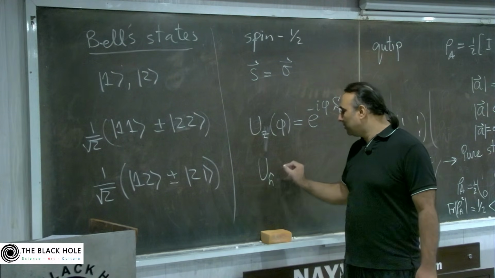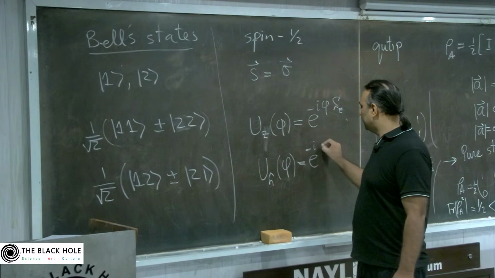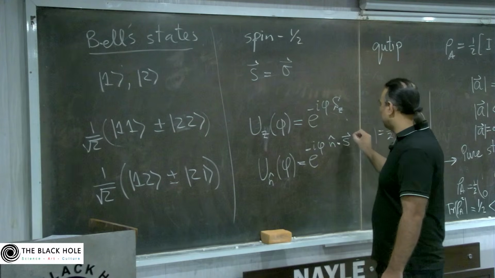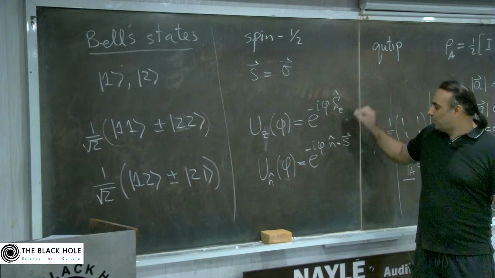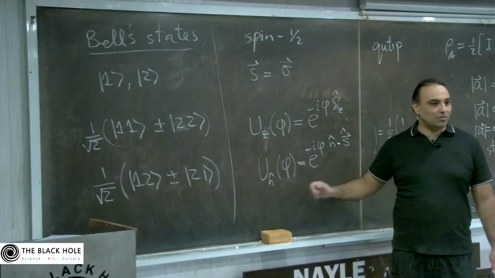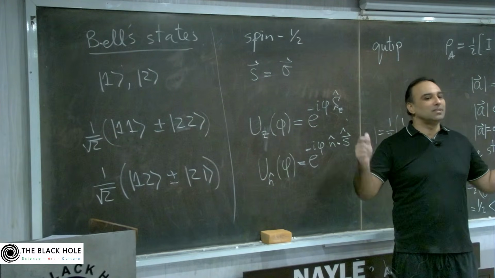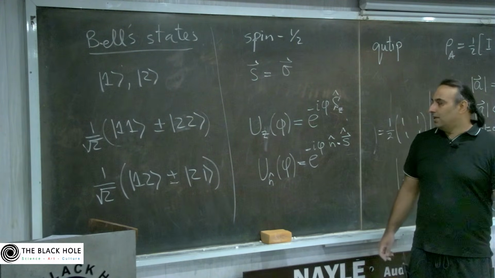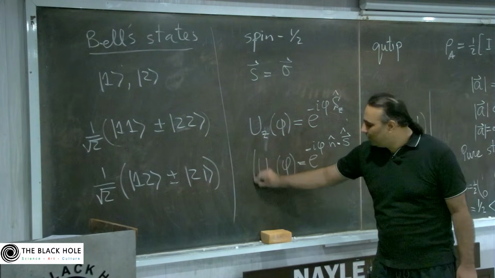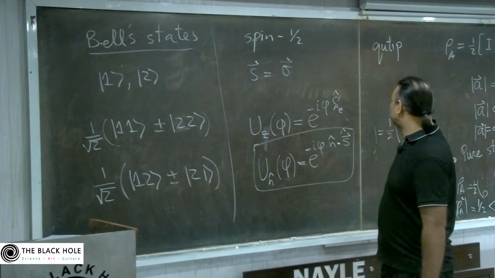In general, for any direction you can do this. Let's put a unit vector n here. This is an operator in the spin space, so this is a rotation in the spin space. If you use the orbital angular momentum, then that would be a rotation in coordinate space. That's very easy to derive actually, but we can rely on this, and we can start with